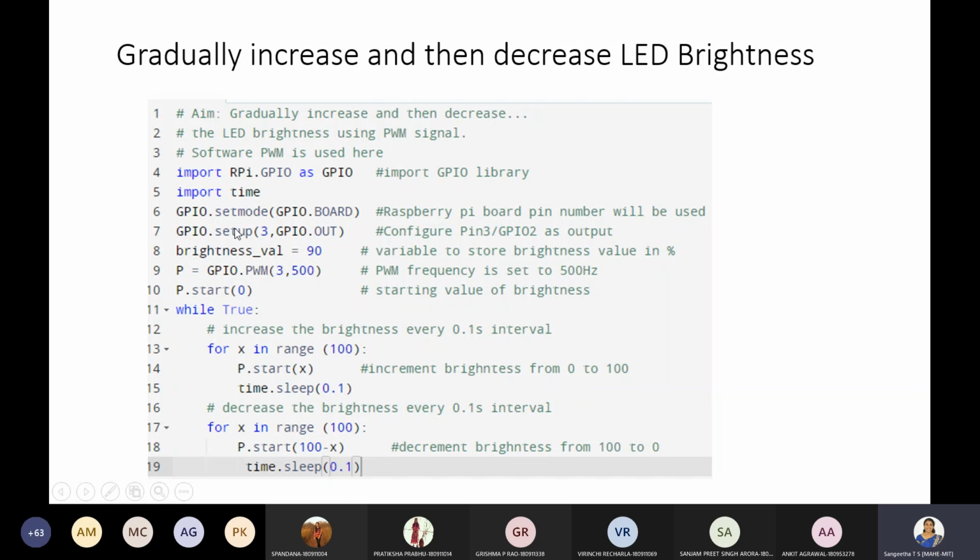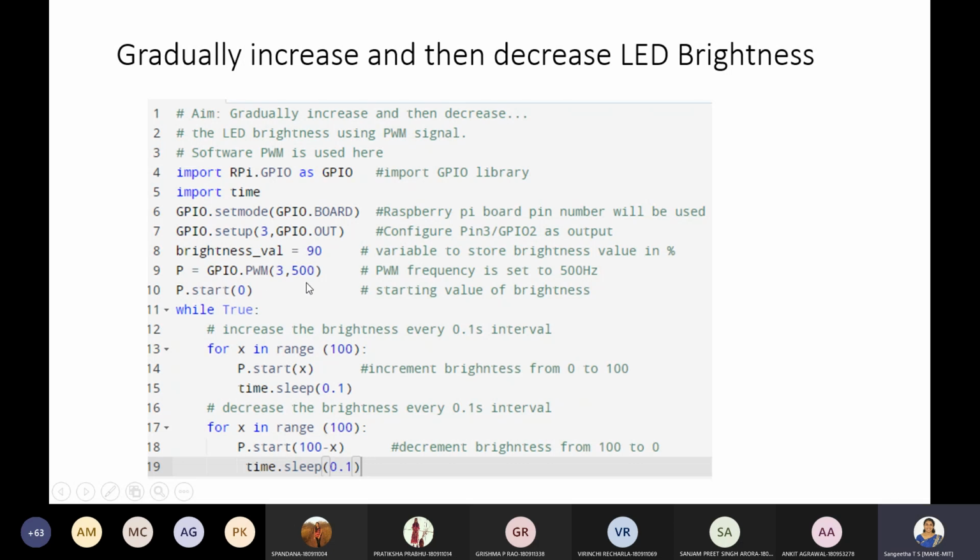The initial part is the same: importing the libraries and the time module, then setting the mode to GPIO board and setting up pin number 3 as the output pin. Then you set some brightness value, because you are going to gradually increase and decrease it.